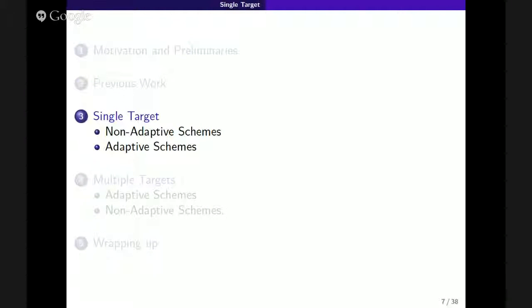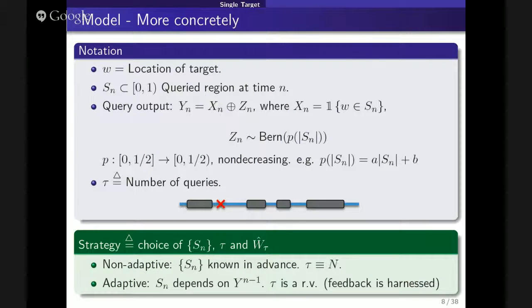Okay, so let's focus on the single target search, and we need some notation. In this presentation, W will denote the location of the target on the unit interval, the location of this red X here. We assume nothing on W, so there's no distribution on it, just a number.